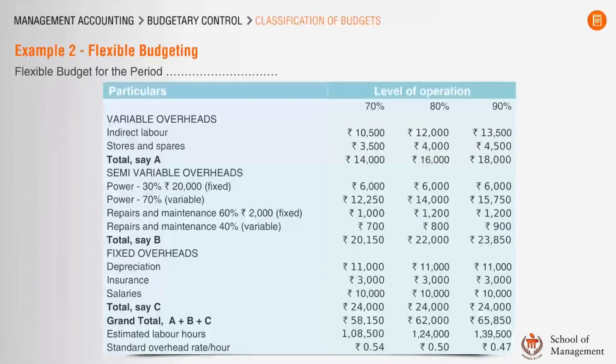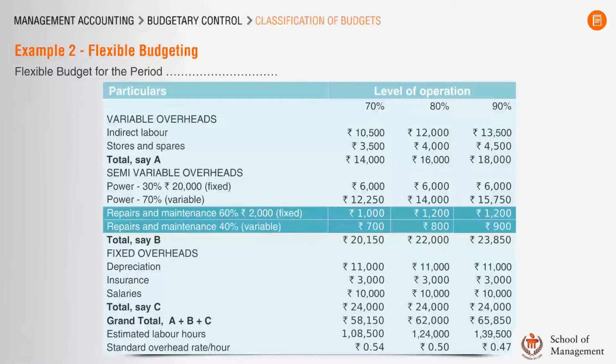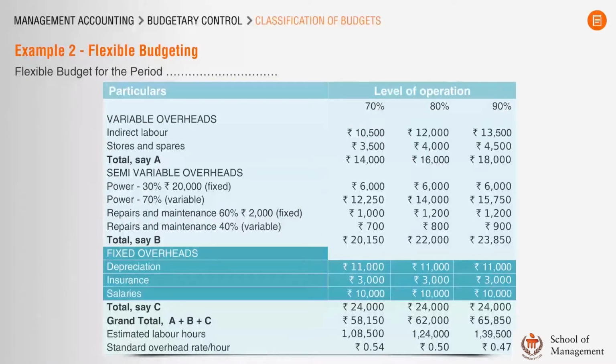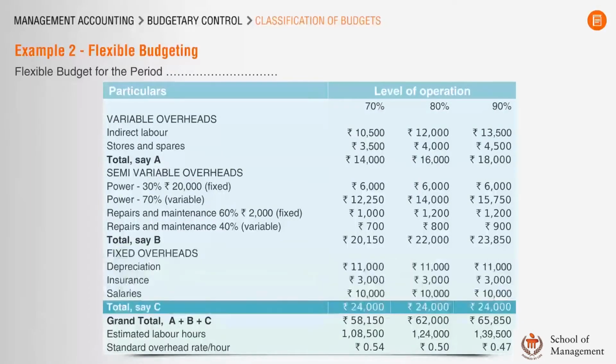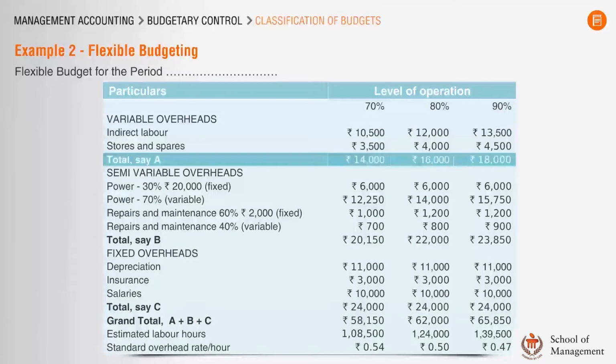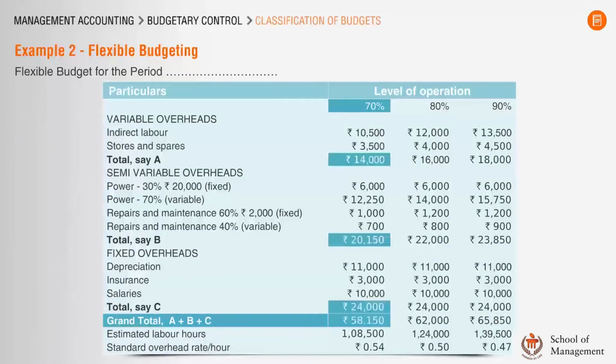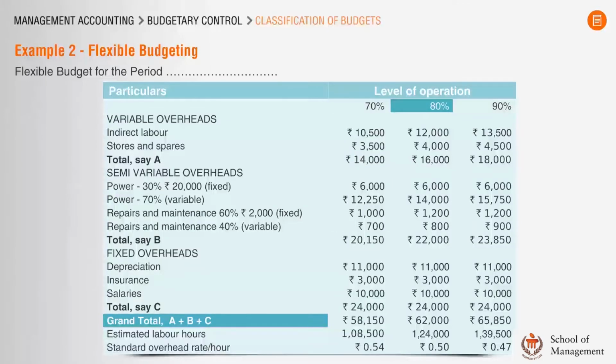Remember, change in variable cost has to always be proportionate to the change in the activity level. You have to give the same treatment to repairs and maintenance cost as well. Fixed cost of depreciation, insurance and salaries will remain unchanged for all three activity levels. So, the total fixed expenses are rupees 24,000 at all three levels. Now, totaling variable, semi-variable and fixed expenses, we find that the total cost of operating at 70% capacity is 58,150 rupees. At 80% capacity, the cost is 62,000 rupees and the total cost of operating at